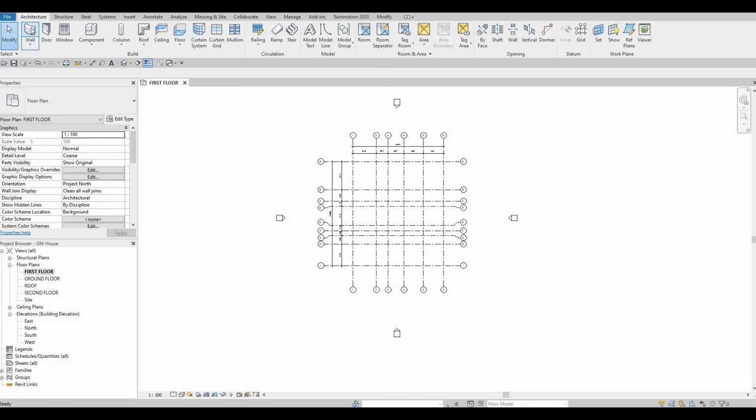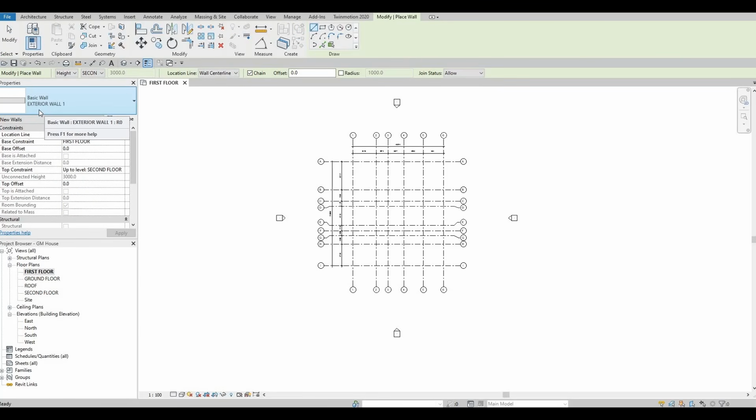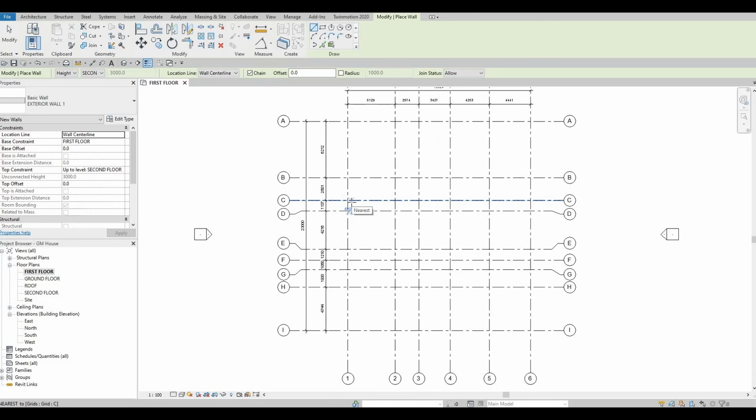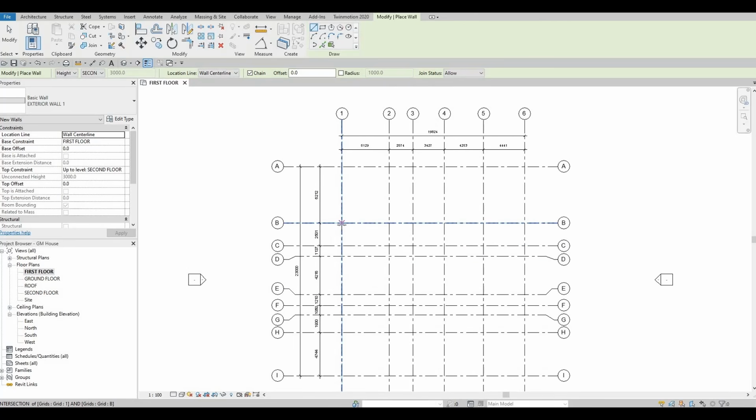So here, select wall again, and then here this is the one that we created recently. So now zoom in here and let's start by adding B1. So select B1, make sure you're in second floor, and then wall center line and change. So B1, going to B2, going down to C2, and then going across right here up to C5,